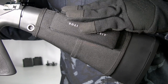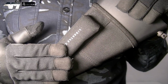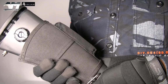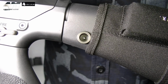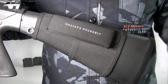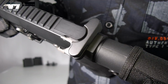Now, the thing with this, you're probably thinking, uh-oh, they've printed that upside down. No, they haven't. Here, look, you can have it to this side if you wish, or you can have it right on top where you would traditionally have a cheek rest, or you can swing it all the way round so it's like that. And then as we move along, you have a QD sling point. And that's not all when it comes to this particular stock. I'll show you why in a moment, but let's just move along where you have your charging handle,